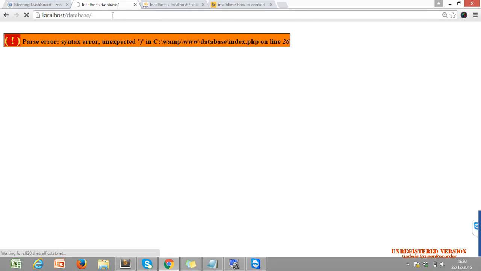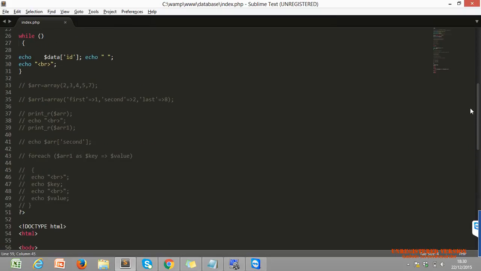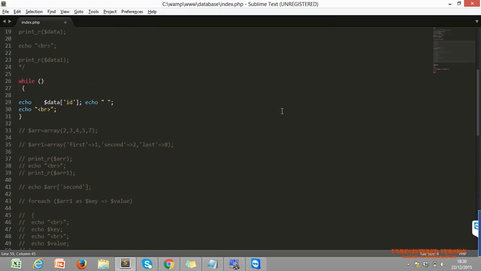One second, line number 26, there is some error. Yeah, it did not remove the code properly. I just don't want this right now. Okay,